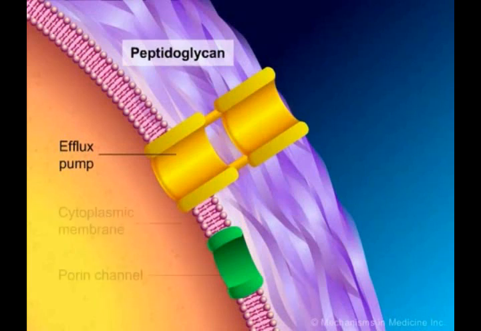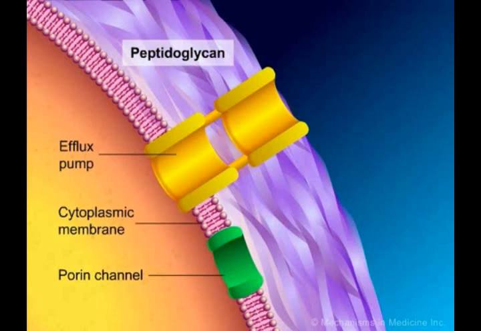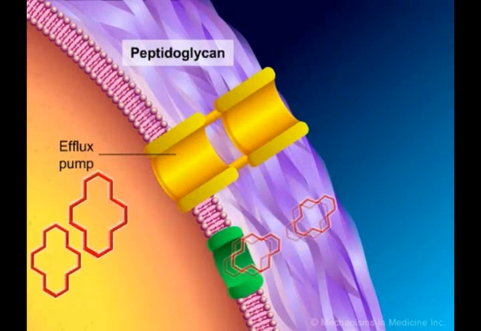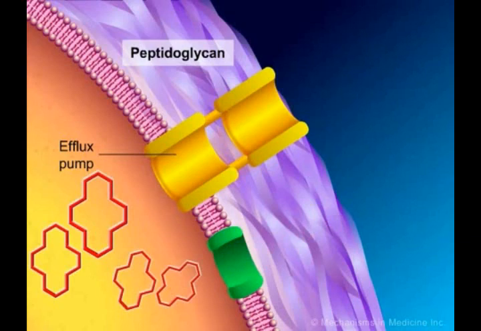These pumps traverse the cell membrane of the bacteria and function to pump out the macrolide antibiotic after it has entered the bacterium. It should be noted that for other bacteria, such as Staphylococcus aureus for example, a different efflux system, which is plasmid-mediated and encoded by the msrA gene, results in macrolide resistance as well as lincosamide and streptogramin resistance in some cases. Despite the presence of these efflux pumps, macrolide antibiotics continue to enter the bacteria.